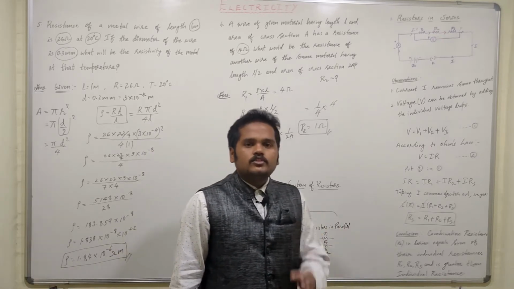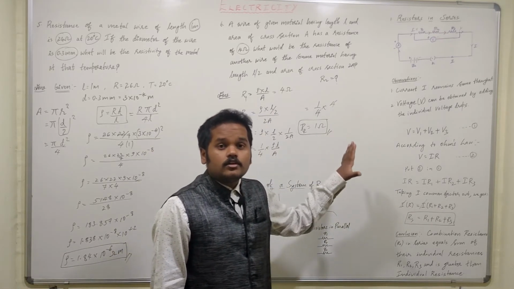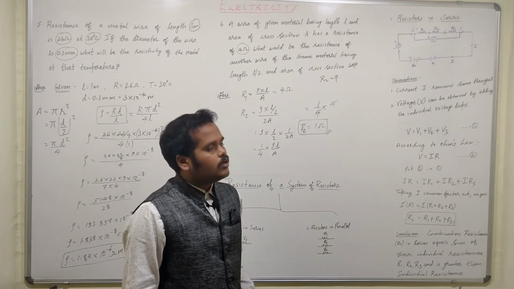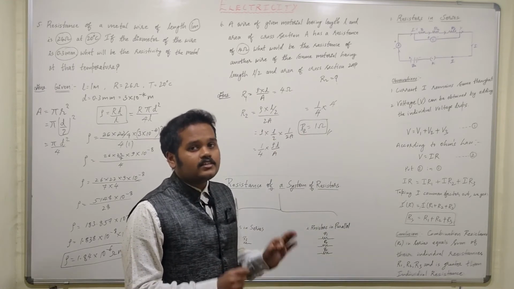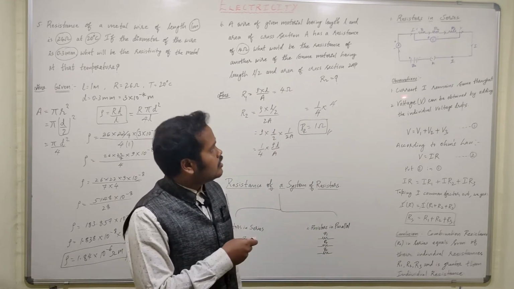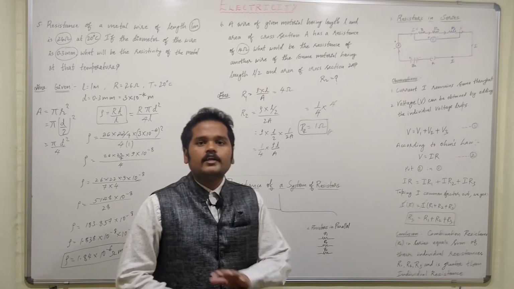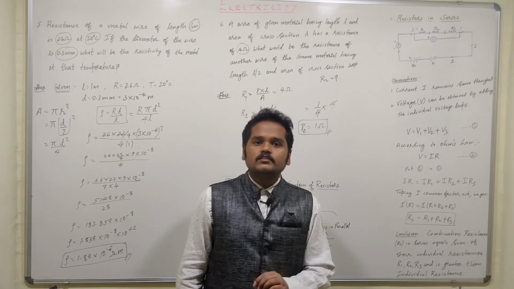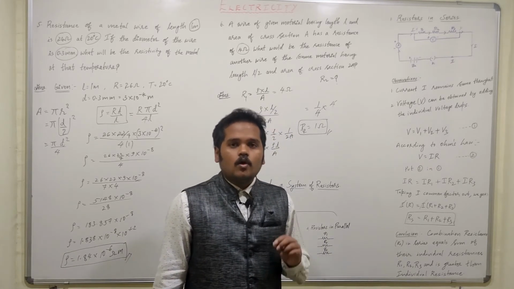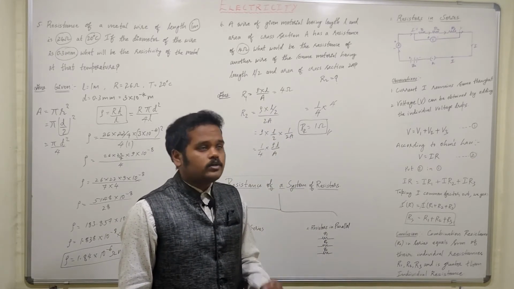Now what do we observe in this circuit the moment we look at it? We see that the current remains the same. The current which is flowing from the positive of the battery to the negative of the battery does not change. It remains the same and consistent. What is dropping is voltage.